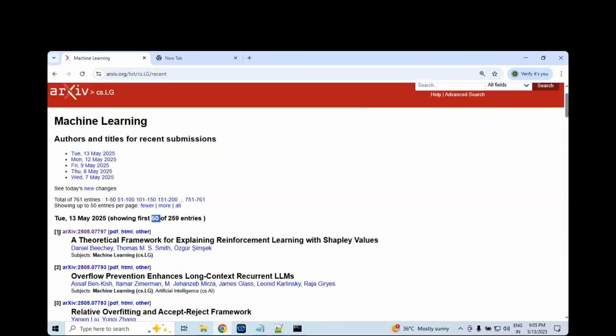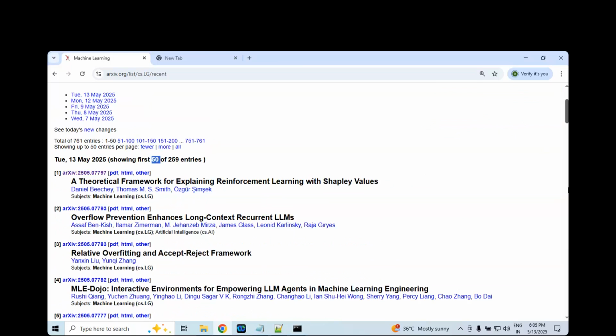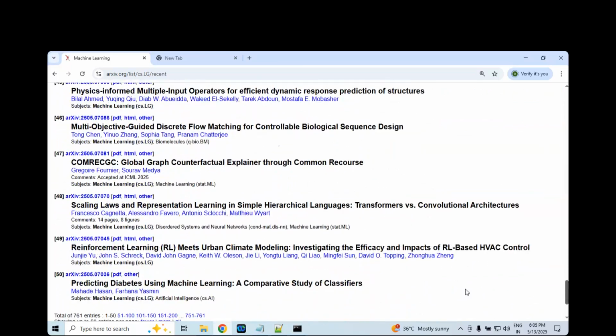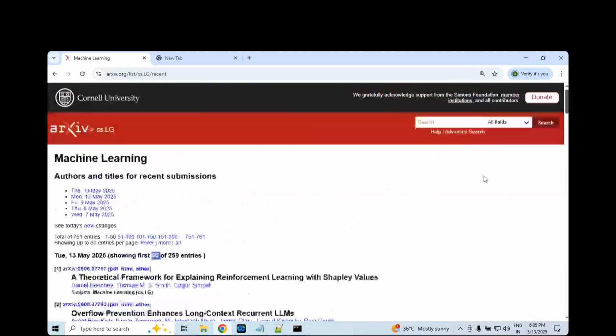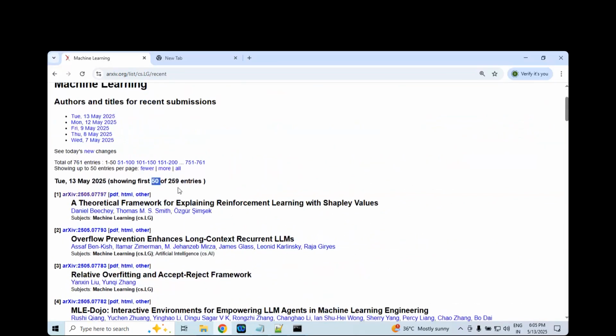Each one is called entry number 1, entry number 2, entry number 3. You can scroll down like this; 50 entries, that is, 50 ML papers in a single window. Like that, total how many papers? 50 into 2, 69.